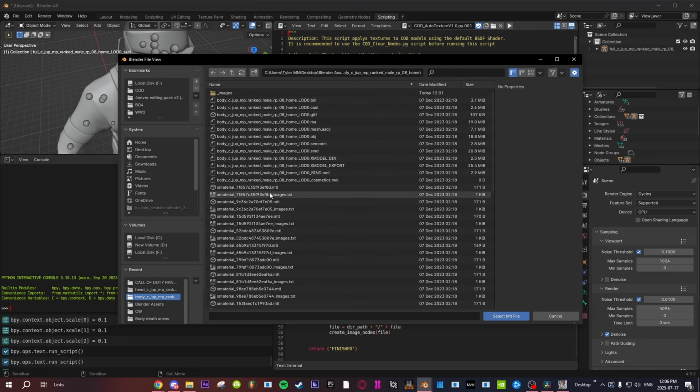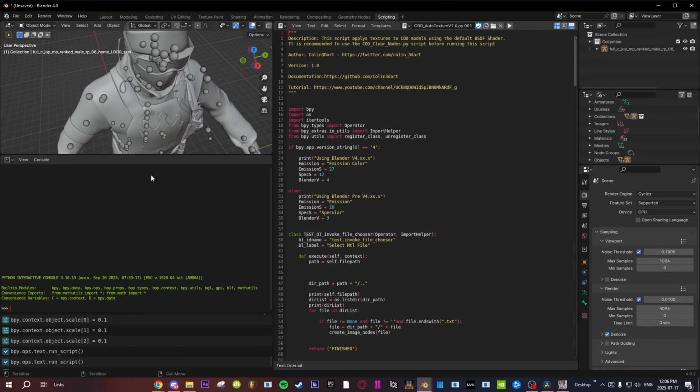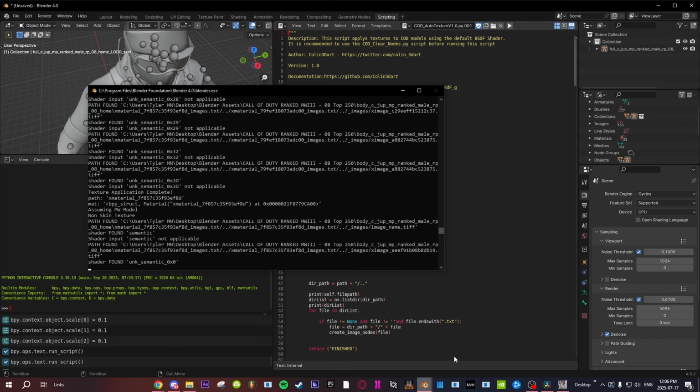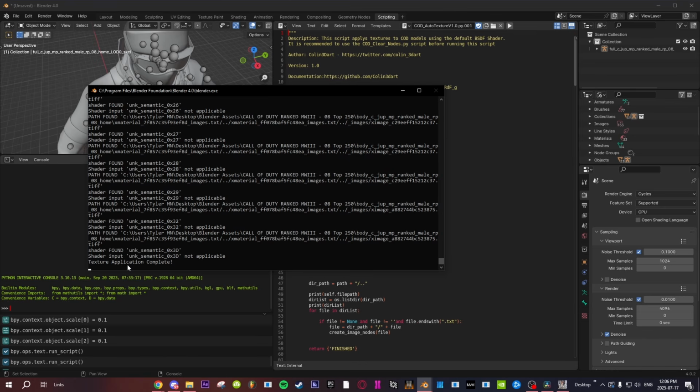You want to go to X material, and you want to go to one of the .txt files. You may see some at the top here. I kind of like to do the ones under all of this, and just click on this, select MTL file. It may not look like anything's happening, but this is running its script. Once this is done, and it says this, press this again,